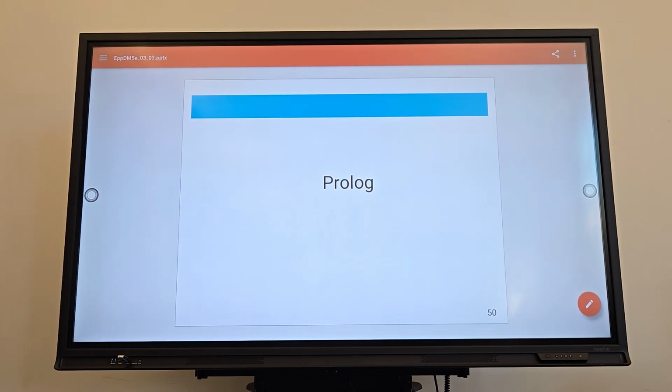Anybody here ever heard of Prolog as a computer language? No? It's been around a while. I programmed in it when I was younger. It's an odd language, but